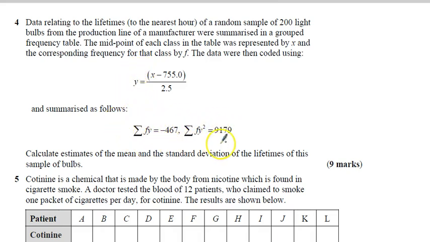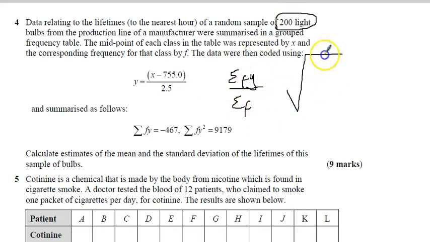So using the same formula as before, we're going to find the mean by doing sigma Fy over sigma F. Now sigma F doesn't have a Y in it. That's got nothing to do with whether it's coded or not. It's just the number of light bulbs, so 200. And when you code it, that's not going to change. So that gives you your mean,